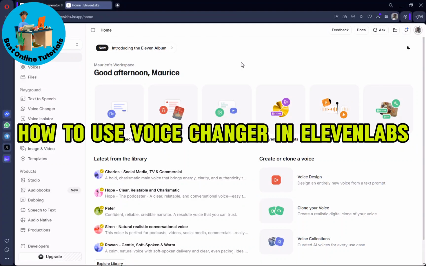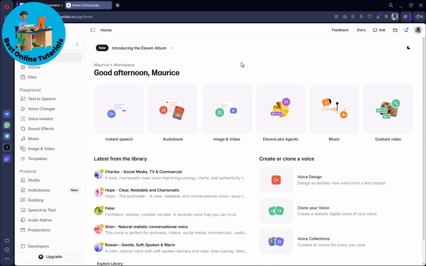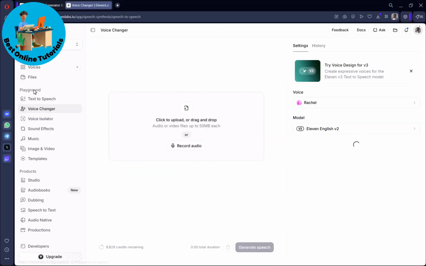How to use voice changer in ElevenLabs. So your first step would be to log into your account. As you can see, I'm currently logged in. So once you've logged in, just head over to where we have voice changer and click on the voice changer